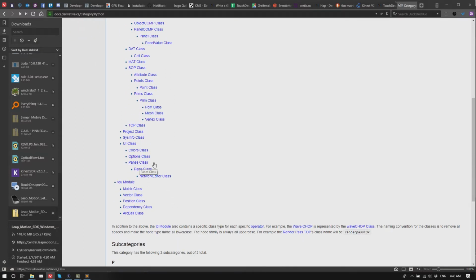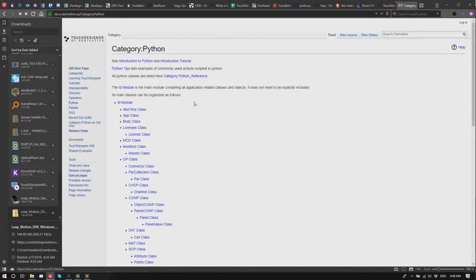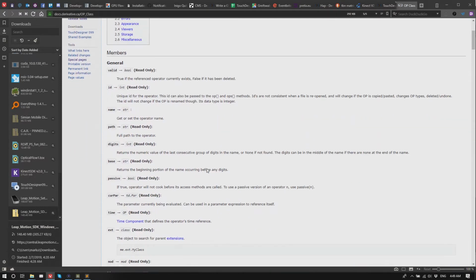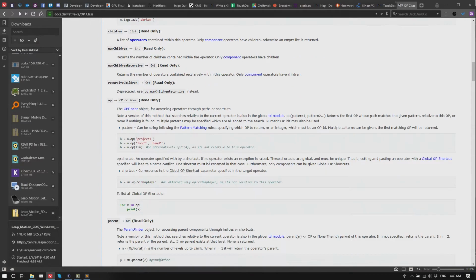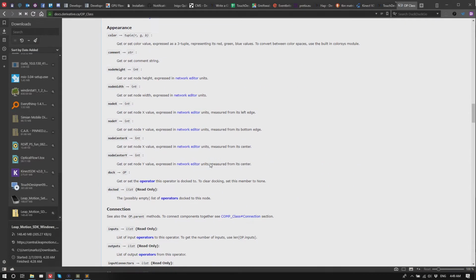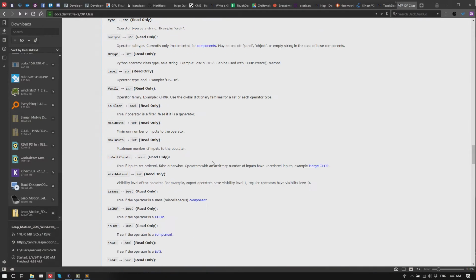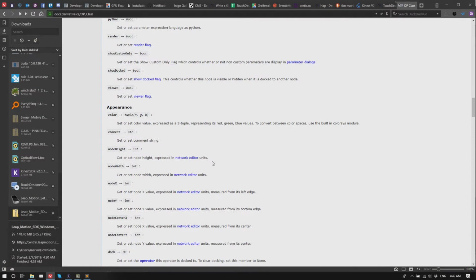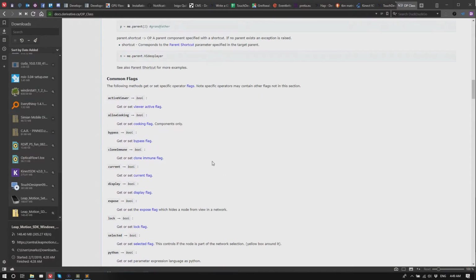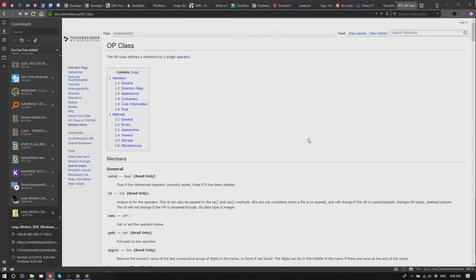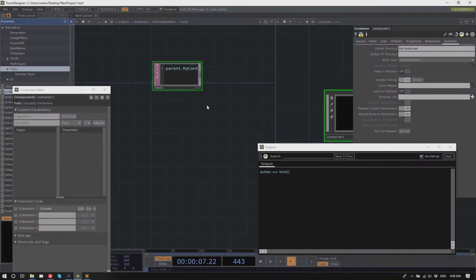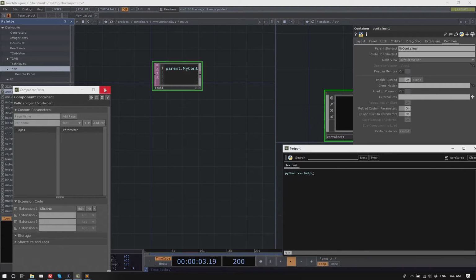So that's the TD module probably? Yeah, the TD module is the main thing, but, for example, if you look at the op class, then every op has a position in the pane and a size and things like that. And then there's a project class. A lot of that is writable, so you can change quite a bit of things here. Okay.